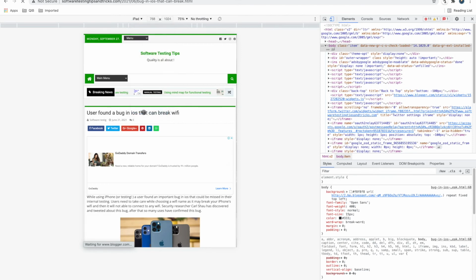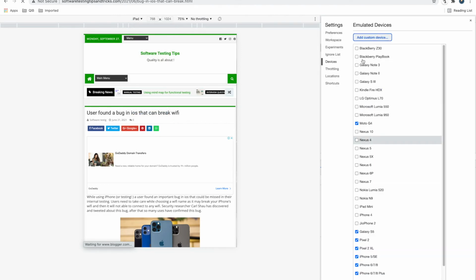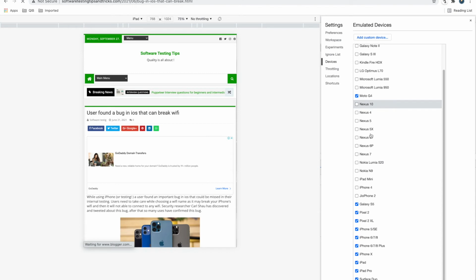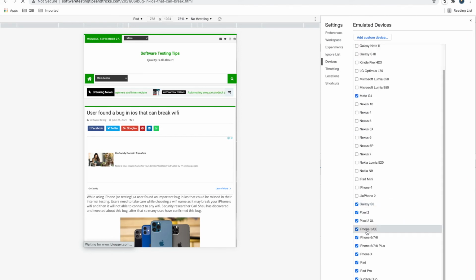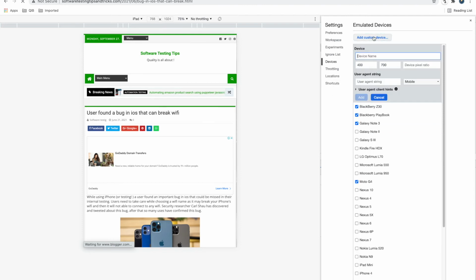If you want more devices, you can go to edit. When you click edit, you will open this device tab in settings, and these are all the emulated devices. So you can have Galaxy Note 3, BlackBerry PlayBook, whatever you want extra. If you want to test on so many devices, it has them predefined, or you can add your custom device as well.